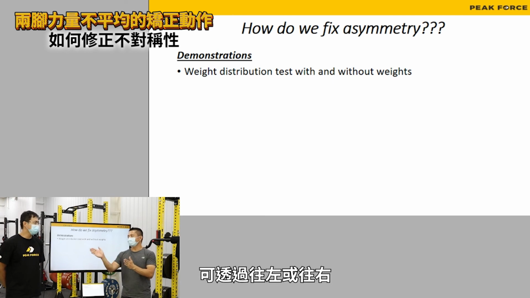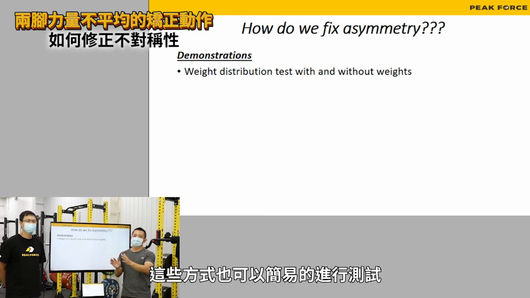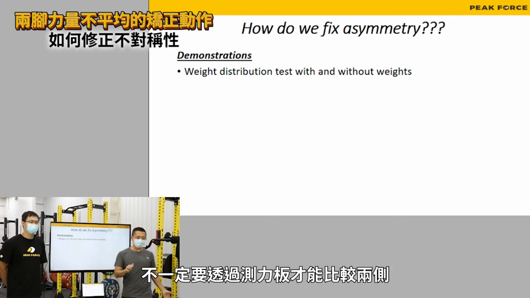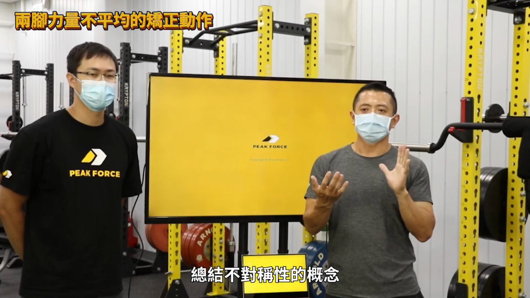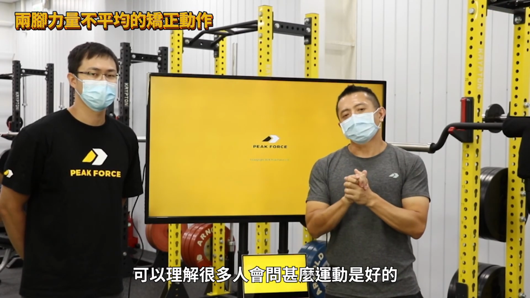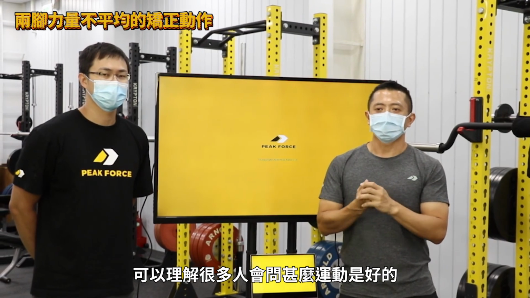And then some agility testing as well. You go to the left side or you go to the right side. You can do left and right comparison easily, not only using the force plate. 好，那像是有些敏捷性啊，或是这个改变方向的这个测试也是一样，你往右边或往左边，那它两边的这个时间上可能会略有不同。